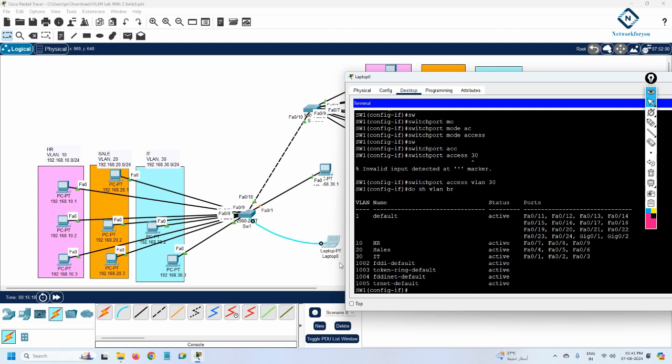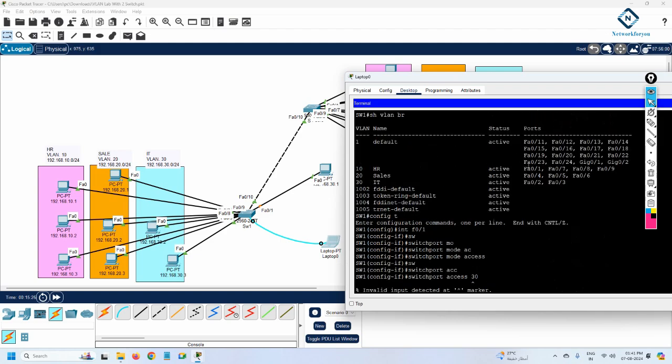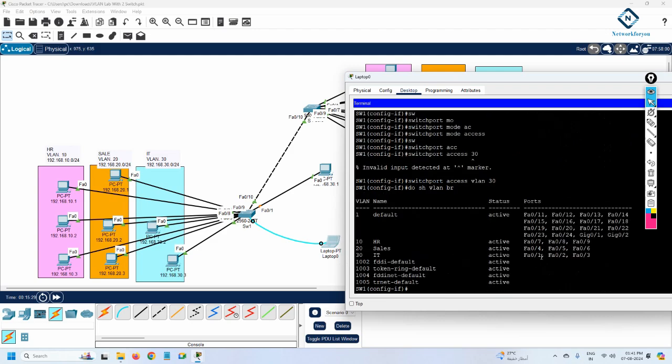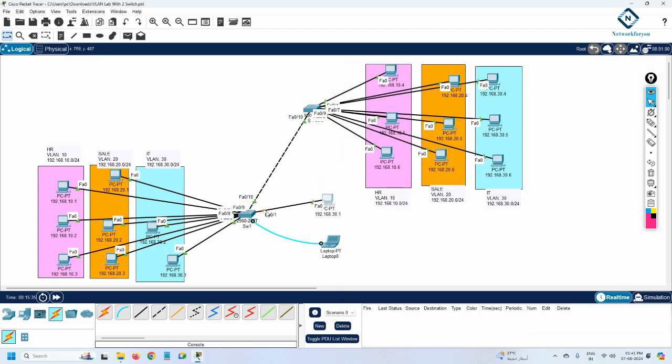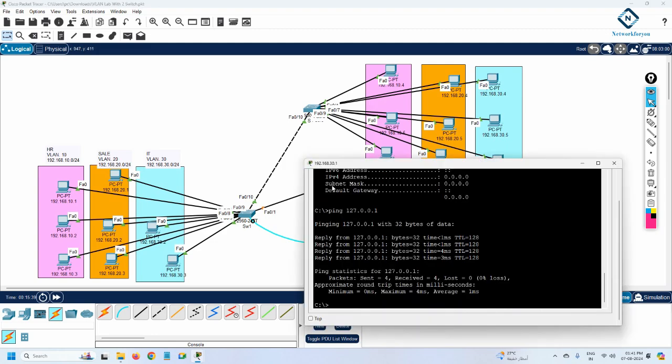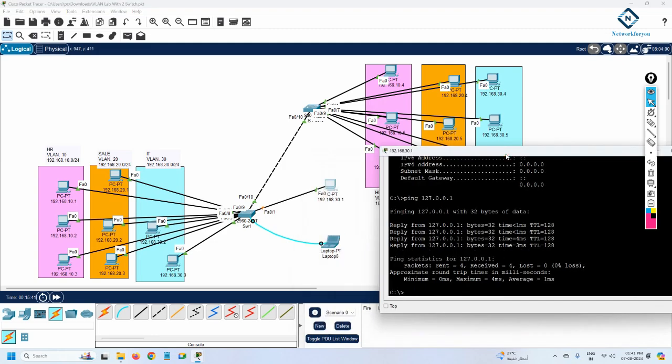When you write do show vlan brief here, you can see F0/1. This interface moved. Before, this interface was in VLAN 10, but now it moved to VLAN 30. Now that it is moved, if you see here, the HTTP is working. When you move it, it takes some time, and after that it starts working. Meanwhile you can go to the command prompt and check the IP that was not working before,